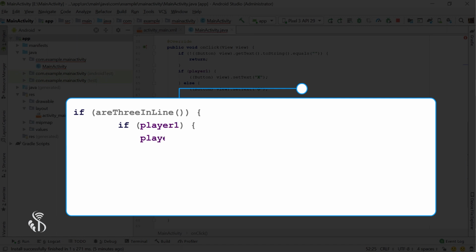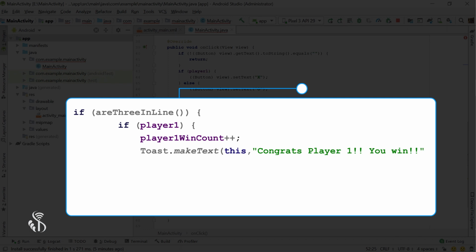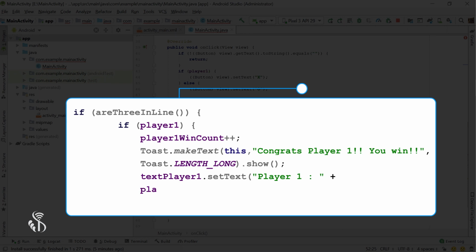player1WinCount++; Toast.makeText(this, "Congrats player 1!! You win!!", Toast.LENGTH_LONG).show(); textPlayer1.setText("Player 1: " + player1WinCount);